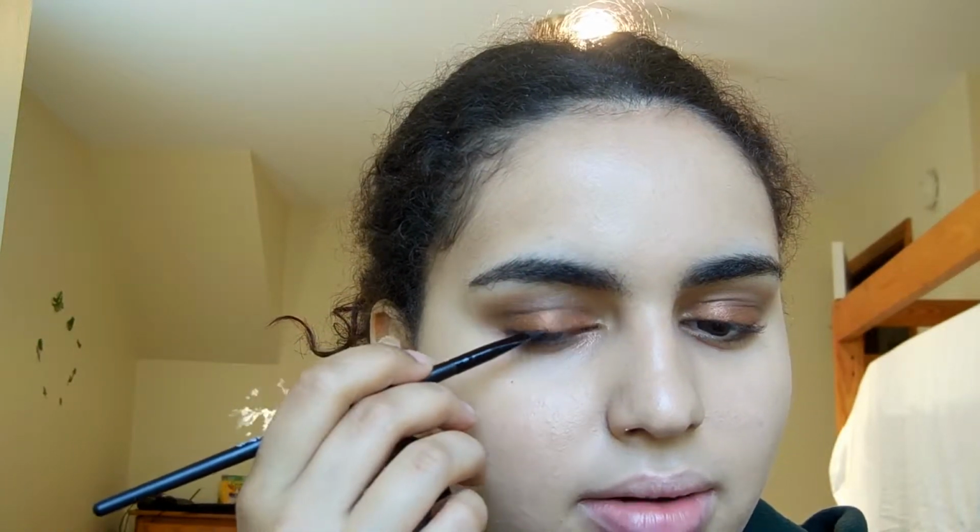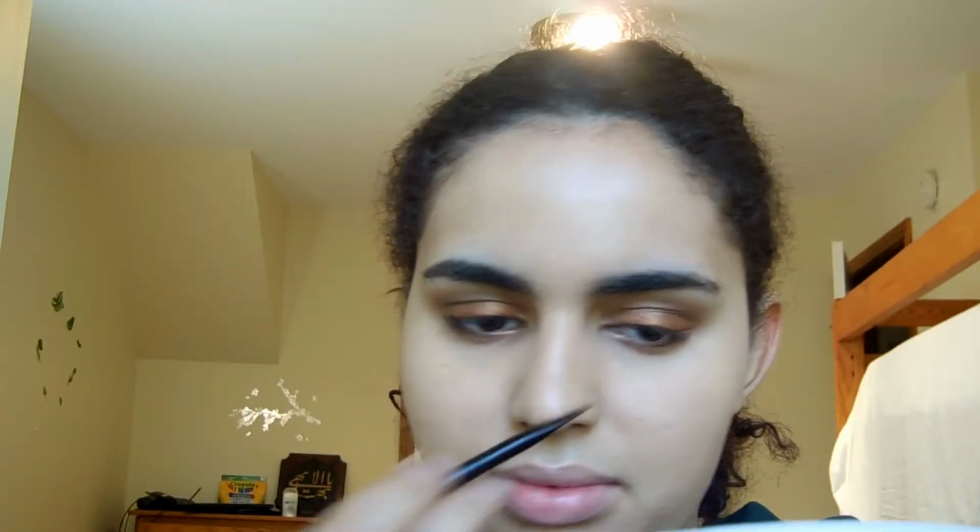No? Okay. So that lower lash line is done. I really don't put a lot. It's almost as if it's not there. And then, I'm not going to do eyeliner, or maybe I'll attempt it for you guys. I'm just going to put the color Mooning right here on this outer part of my eyelid. I'm not going to go super far up because I'm no good at eyeliner, but I'll put enough so it's like a subtle